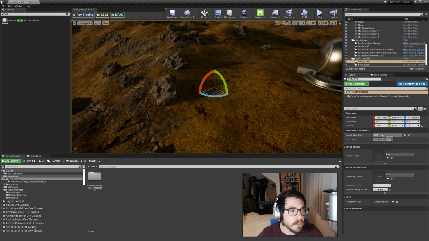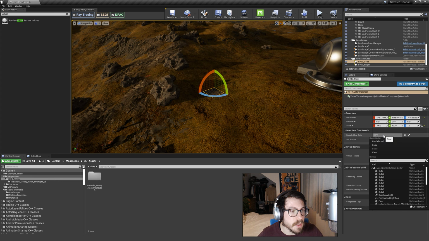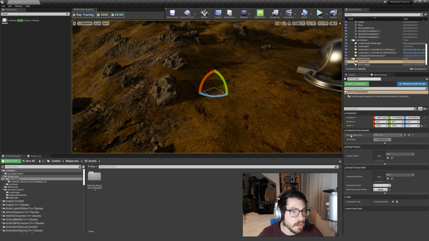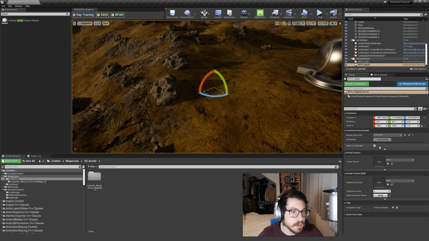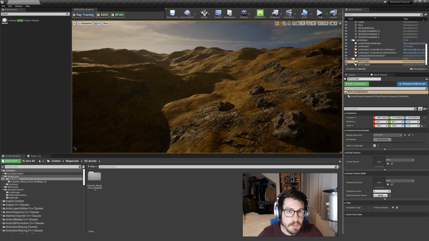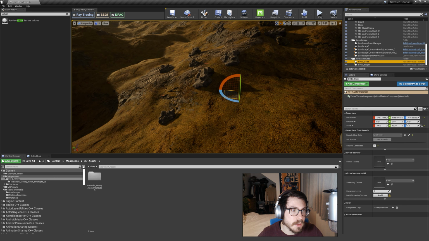And then we have to set the bounds of these volumes, and we can do that by just selecting our landscape here in this bounds align actor dropbox, and for the other one as well. You can actually also hit this snap to landscape button. That will probably snap it to our landscape. It should in theory update these once we put a virtual texture in here. I think we can hit this bounce button, not sure, maybe it will automatically do it. Anyway,